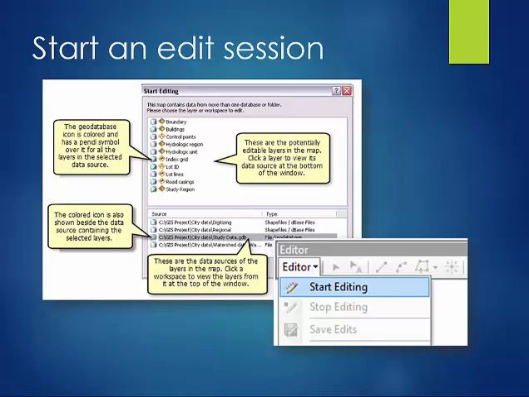There are two ways to start an edit session: by clicking the Editor menu on the Editor toolbar, or by right-clicking a layer in the table of contents. If you use the Editor menu to start editing on a data frame that contains data from multiple workspaces, you are prompted to choose the workspace to edit. If you right-click a layer in the table of contents, you automatically start an edit session on the entire workspace